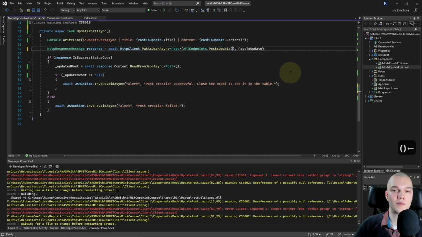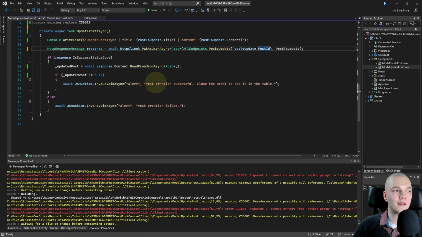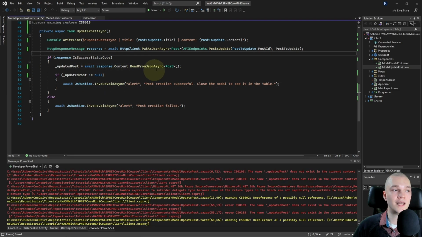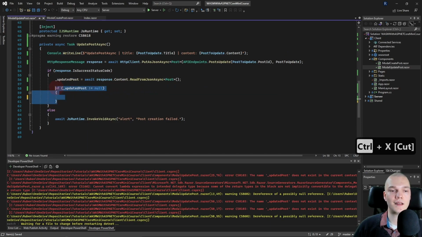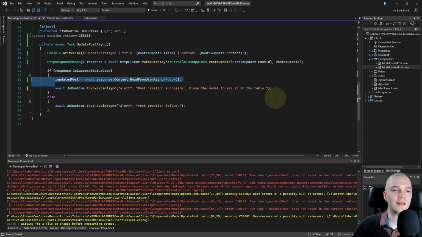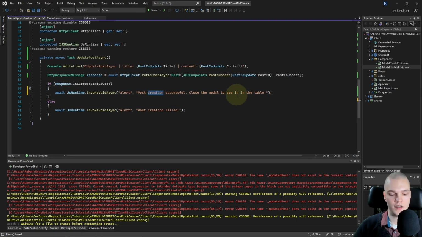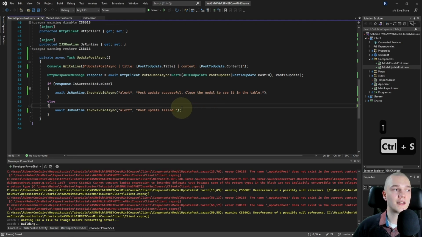So I'll add parentheses and just pass in post to update dot post ID. Then in the is success if statement, I'll extract the alert by selecting, cutting and pasting, and delete the rest in the if statement. I'll change creation here to update and for the failed case too, save that.